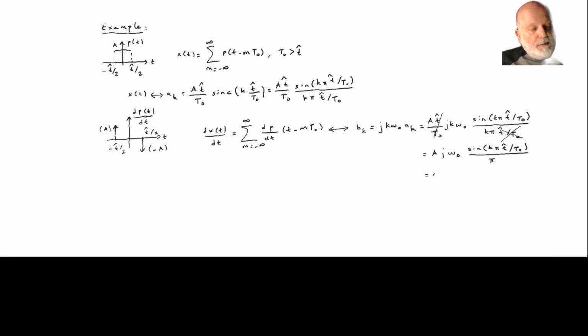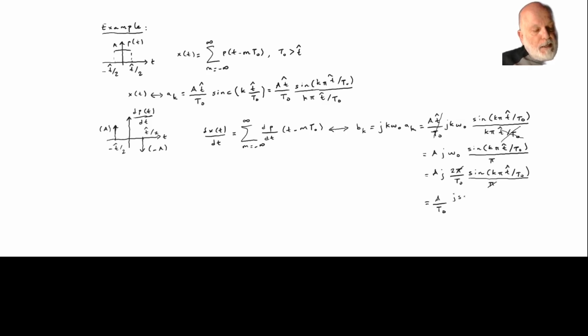So we can here do the following. In fact, omega 0 is 2 pi over t0, and we have sine of k pi t cap over t0, divided by pi. So there will be a cancellation of these pi's as well. So we have A over t0